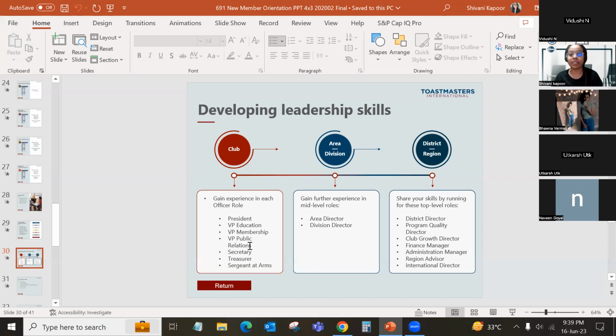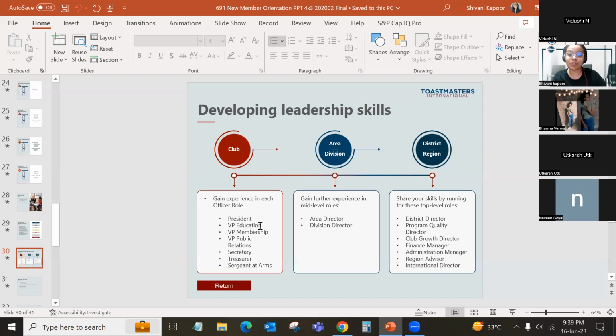If a new member is joining, we welcome them nicely with a flyer. If a meeting or a special meeting is happening, or any success by any member is to be celebrated, it goes in the club WhatsApp group. That's the major channel that we use. So that is done by VPPR. Any communication that goes inside the club or externally in the area, division, or district is taken care of by VP Public Relations, an extremely important role.